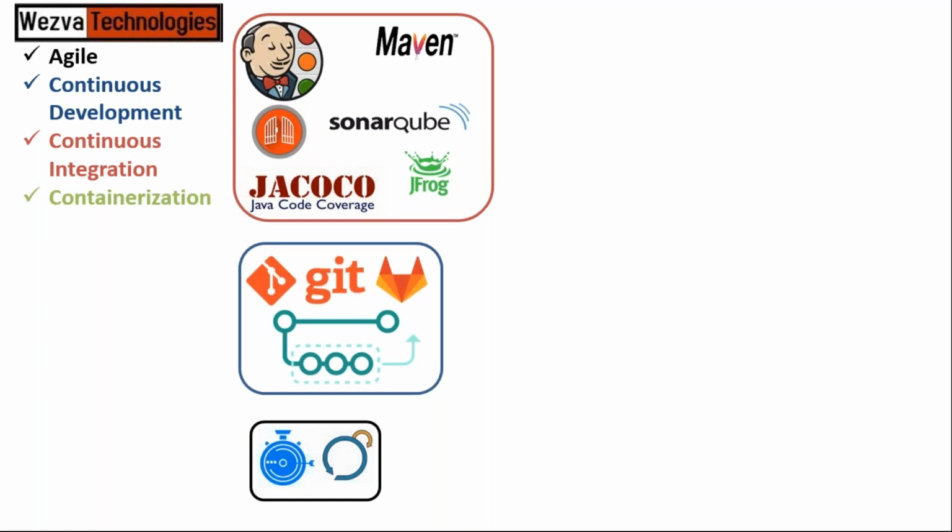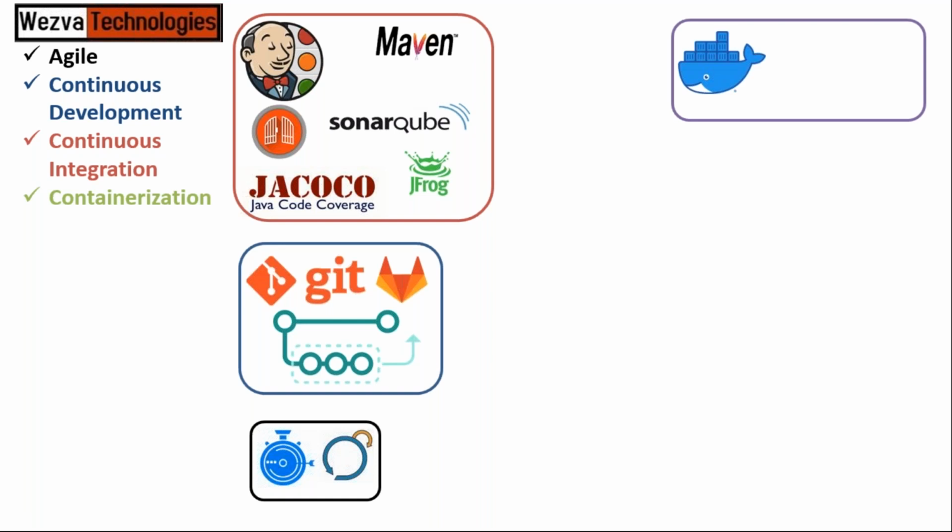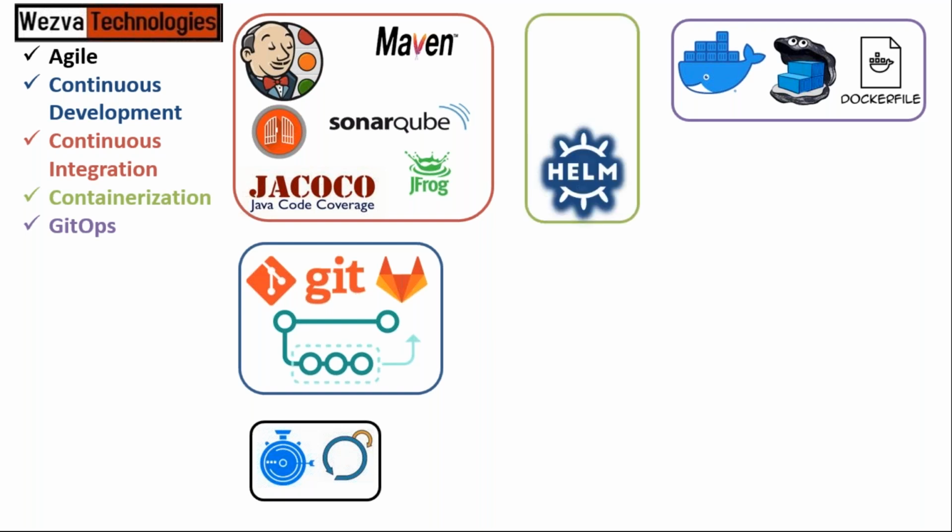And then once a deliverable is generated, this is where I was telling you, you cannot just deploy it. So you need to convert it into what we call a Docker image. Now for that, you need to go through the concept of containerization, where given an image, you should know how to create a container, or if a chance is given, you should also know how to create your own image for deploying. But when I talk about deploying, this doesn't stop here, which is where the GitOps concept comes.